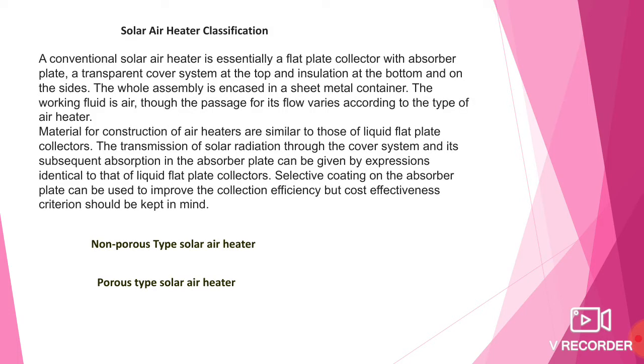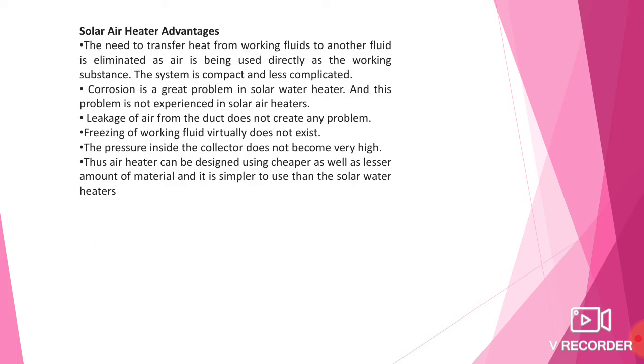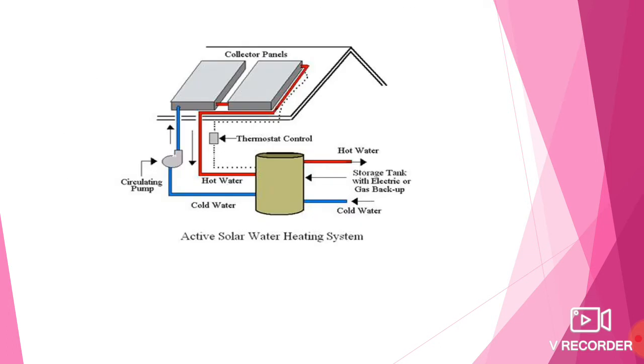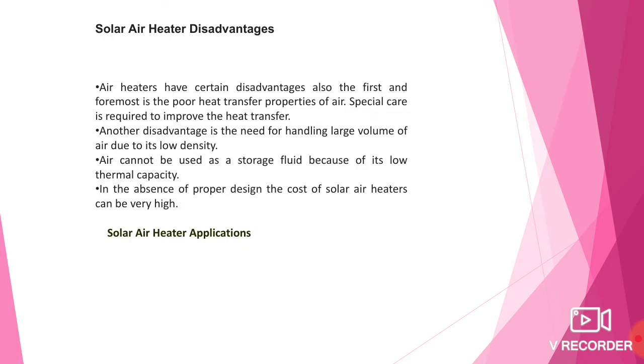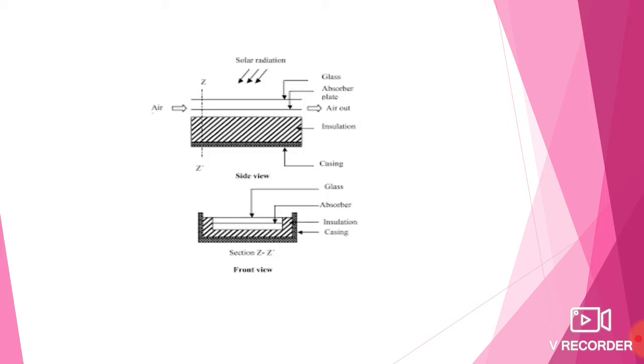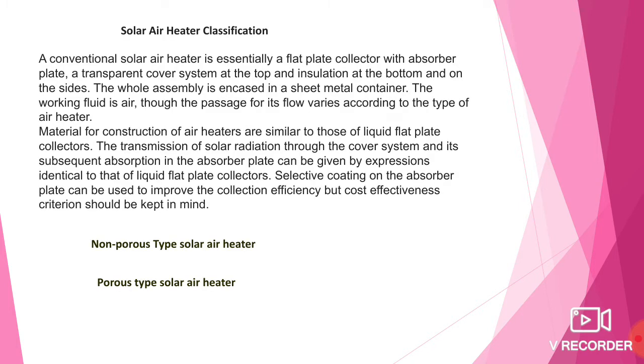So, we can see that here in the active solar water heating system. So, we will see, yes, here. The conventional solar air heater is essentially a flat plate collector with the absorber plate. So, in this we can see, it is a flat plate collector, the absorber plate,